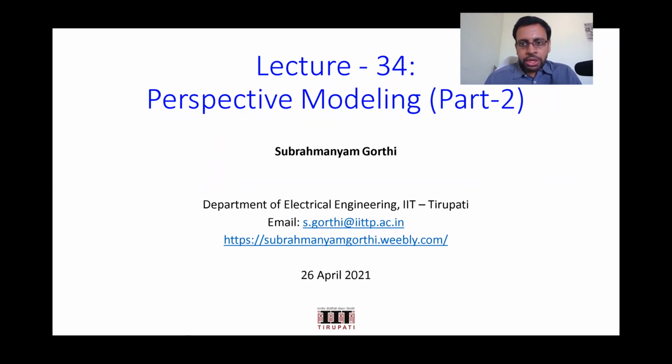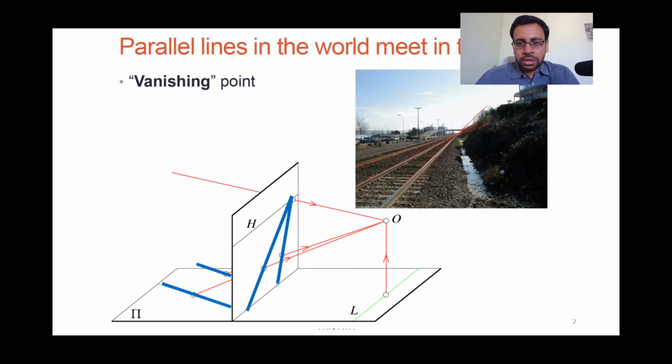And we ended the class by looking at this slide, which asks: while in 3D we have lines which are parallel, how do they get transformed? That was just started as a teaser in the last class, where we would see that in perspective projection, even lines that are parallel could converge to a point, and that point is referred to as a vanishing point. So this is where we left off in the previous class.